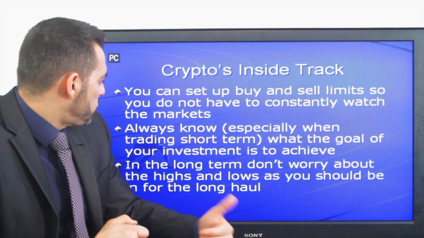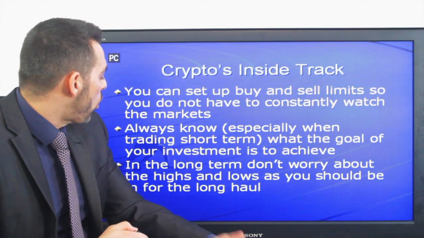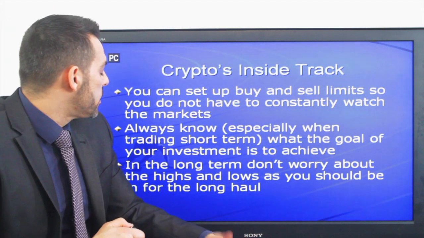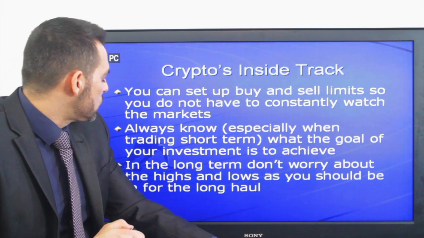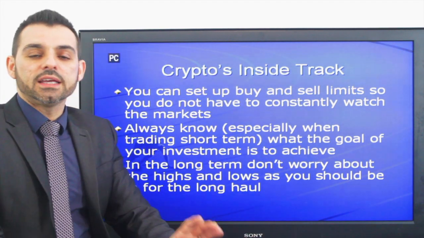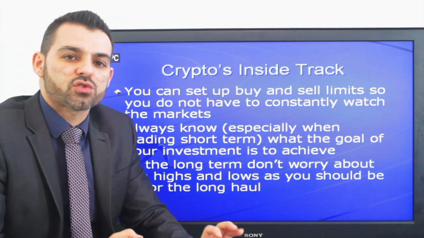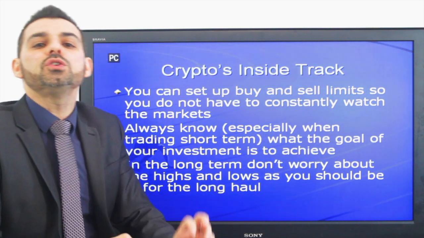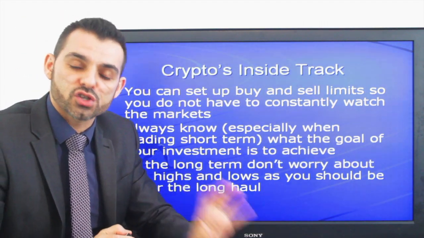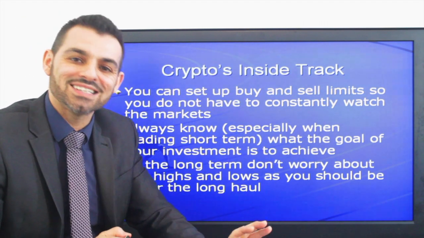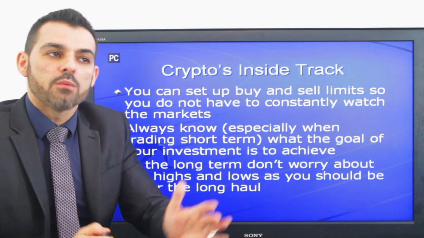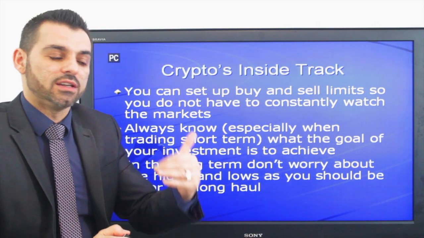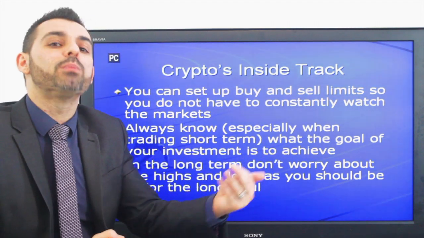Always know, especially when trading short term, what the goal of your investment is to achieve. In the long term, don't worry about the highs and the lows, as you should be in for the long haul. And again, here at Crypto's Inside Track, we always say the same thing. What is your goal? Are you looking to make short-term trades, get short-term gains, or are you in it for the long haul? But you won't discover that until you make an informed choice and then use that as your strategy when you're buying and selling